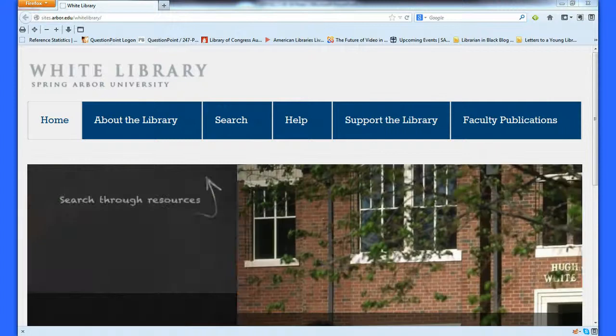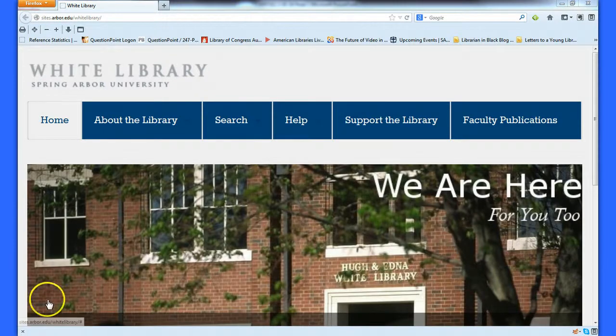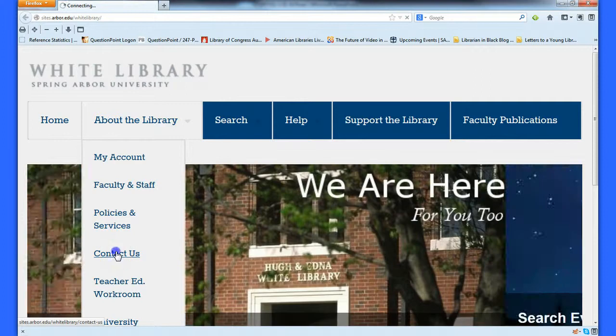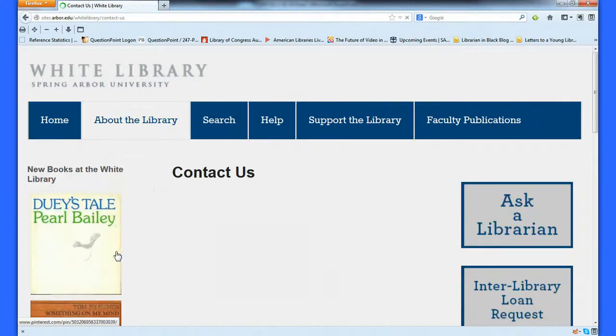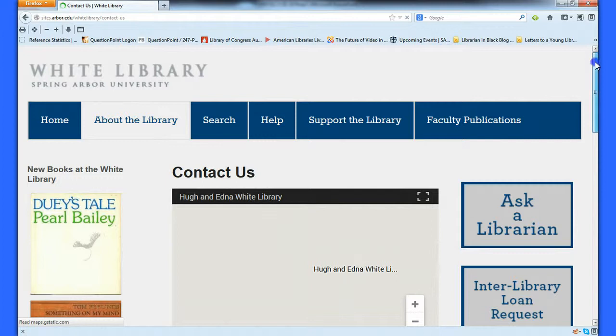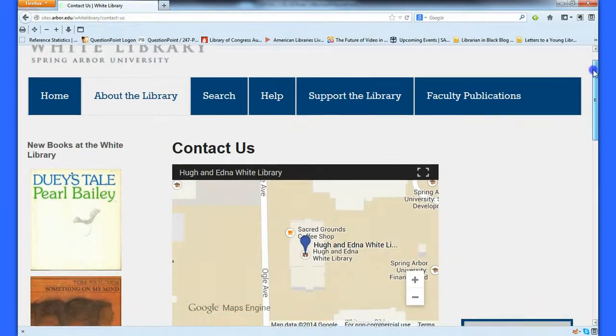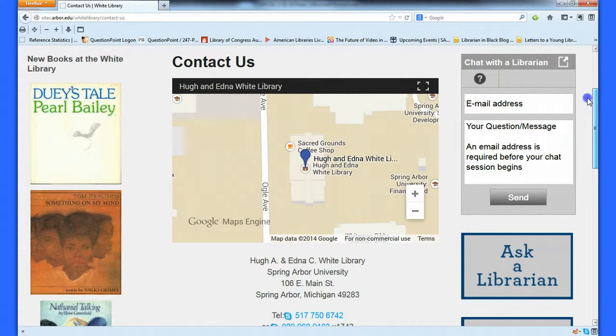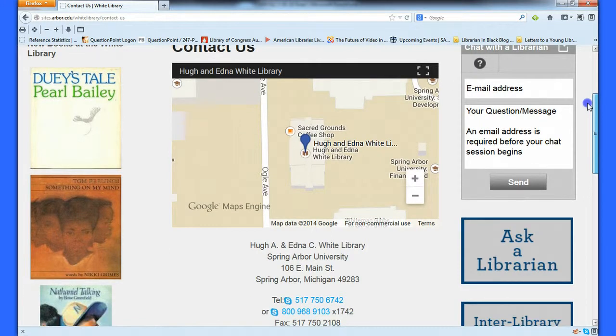So back on our live library website, I wanted to show you that if you go to the About the Library section and you scroll on down to where it says Contact Us, you're going to be redirected to a page that's going to give you a wealth of information about how to get in contact with us here at the Y Library. You're going to see as we scroll down that there is a map here, so if you ever are in the area or if you want to make a trip here, you are more than welcome to come find us. We would welcome you to come in, have a cup of coffee at the Sacred Grounds Coffee Shop, and say hello to us.